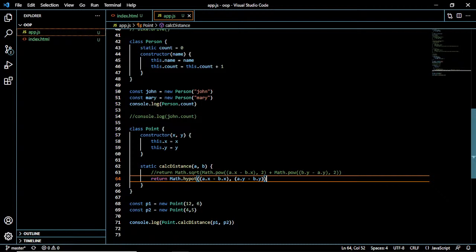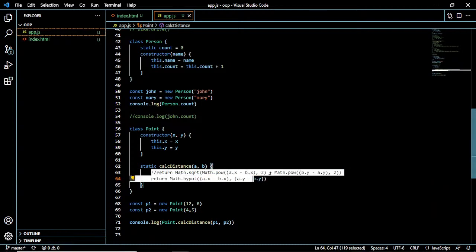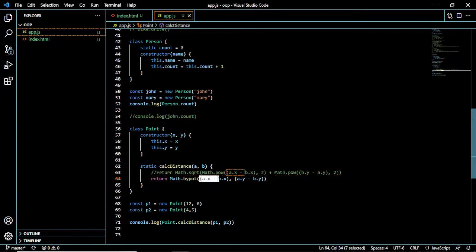Okay, so this is simply a shorthand for this instance. You can just store this difference in a variable and then pass it in as two different values, because all this function accepts is two values that it will square. It will find the square of their difference and then take the square root, exactly what we did right here. That's what this would do. Never knew JavaScript got to that point. Anyhow,